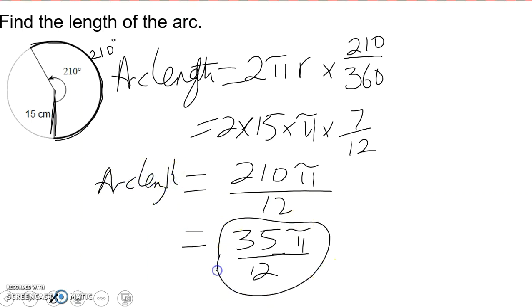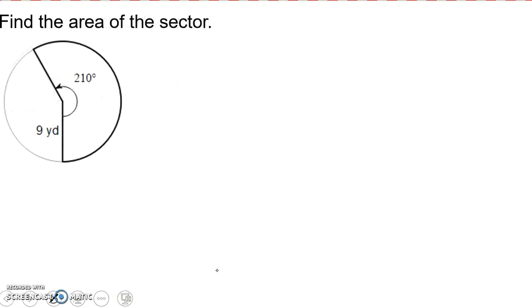Okay, we leave our answer like that if we are not asked to round. Right? So these are straightforward. And then the sector area. Area is two-dimensional. So the area of sector